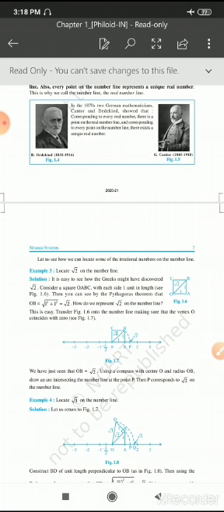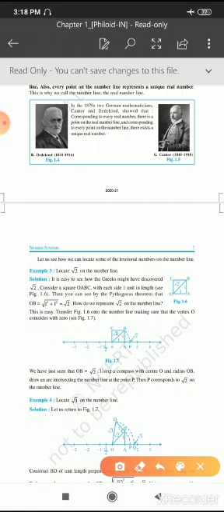So what is hypotenuse here? OB. OB square is equal to OA square plus AB square. So OA square is 1 square plus 1 square, AB is also 1. 1 square plus 1 square, that is 1 plus 1, 2. OB square is equal to 2. Then OB is equal to root 2. The length of this OB is equal to root 2.